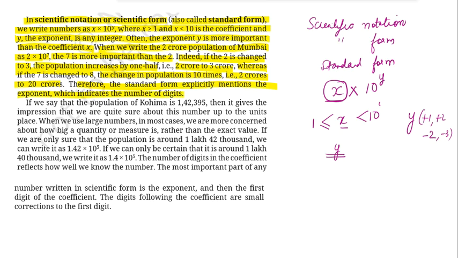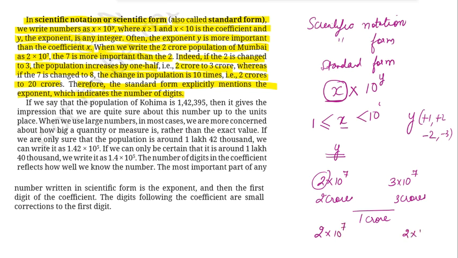तो आप देख रहे हो यहाँ पे जो population थी 2 crores, तो 2 into 10 to the power of 7 लिखा. राइट अगर आप बाय मिस्टेक इस 2 को 3 कर दे रहे हो, 3 into 10 to the power of 7, तो ये 2 crores है और ये आपका 3 crores है. तो even if you have made a mistake, there is a difference of just 1 crore, right? But if you simply make a mistake in writing the exponent, instead of 10 to the power of 7, you write it as 10 to the power of 8, you understand that the number of digits are changing. This is 2 crores and this is 20 crores, and 20 crores is 10 times of 2 crores.